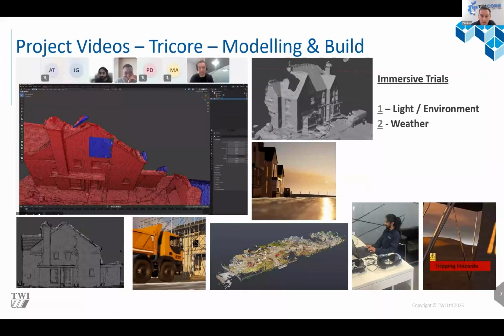Now we worked with one of the other partners on the project, Brunel. Once we'd taken that point cloud data, it was handed over, and they worked on an algorithm to basically convert point cloud data to mesh, and that was integrated within the module in certain areas. There were issues with some of the outputs. It was a very advanced way of looking at it, but once we took the outputs,